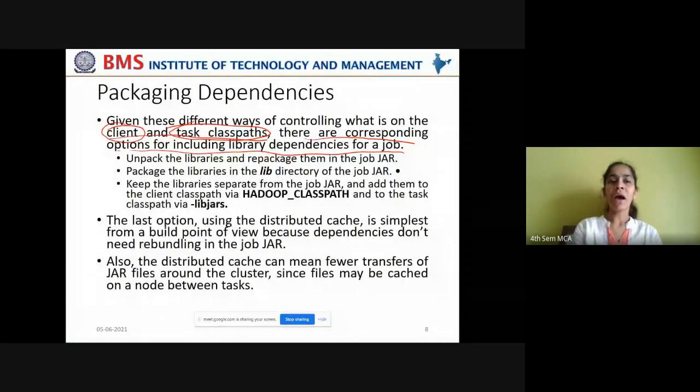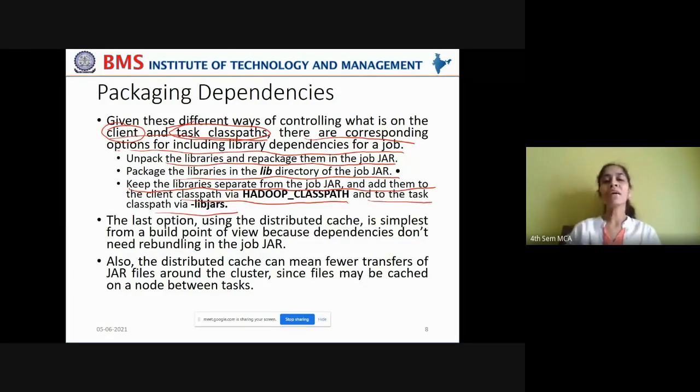What are those? Unpack the libraries and repackage them in the job Java archive file; package the libraries in the lib directory of the job jar file; or keep the libraries separate from the job jar and add them to the client classpath via HADOOP_CLASSPATH and to the task classpath via -libjars.